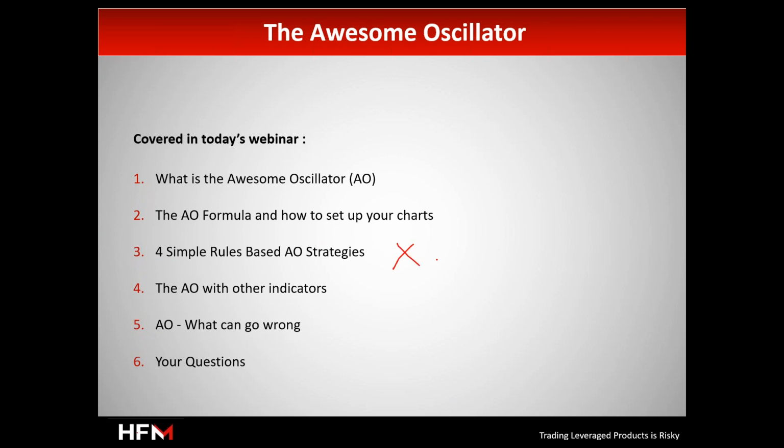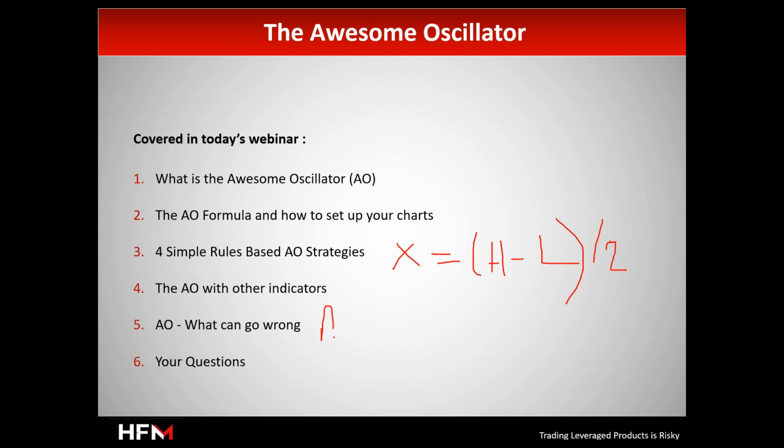Okay, so first of all, in order for this Awesome Oscillator to be created, the formula is taking the high price plus the low price for a period, over 2. So to find the median point of a particular time frame, okay?